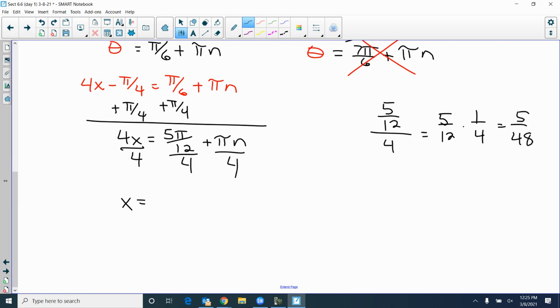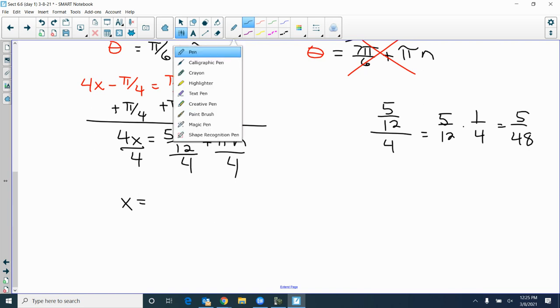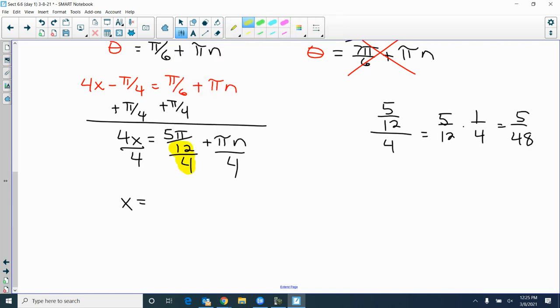What happens when you take a fraction divided by a whole number, and if you work this out, it's going to happen every time, is that you're really just multiplying that 12 and the 4 together. That'll take care of everything. When you invert 4, it becomes 1/4. So you get 5 pi over 48